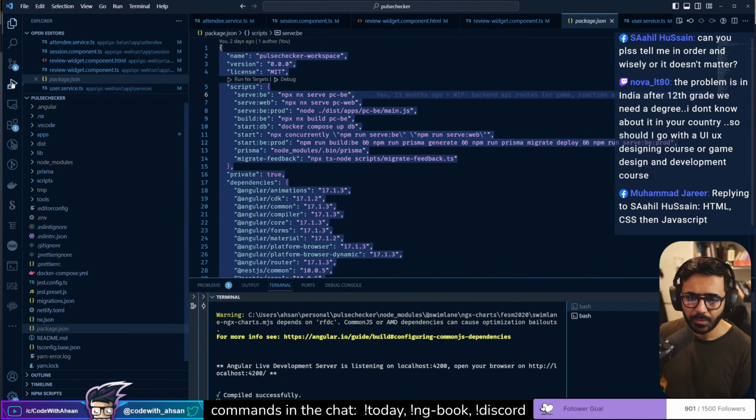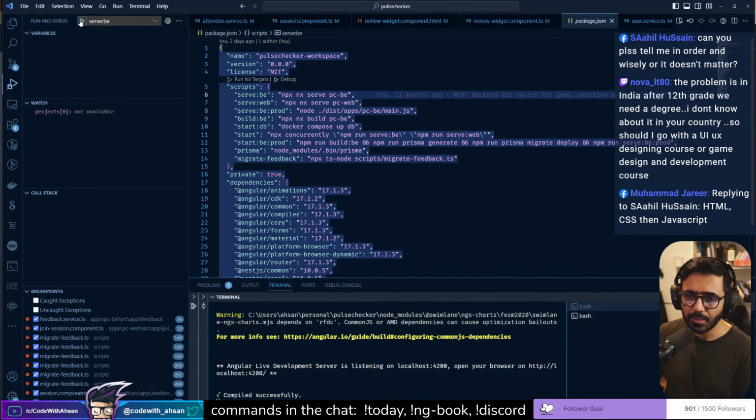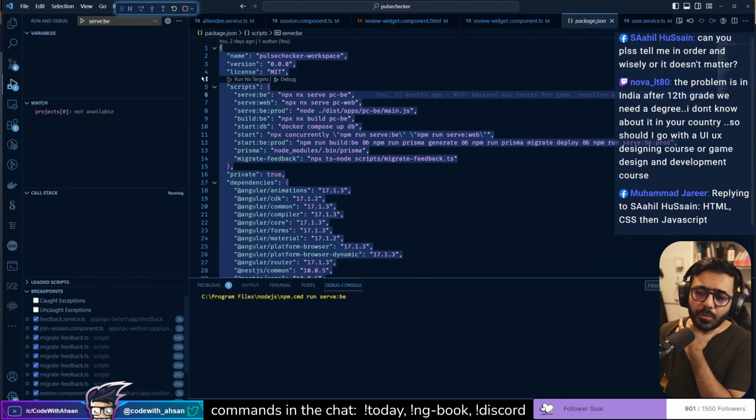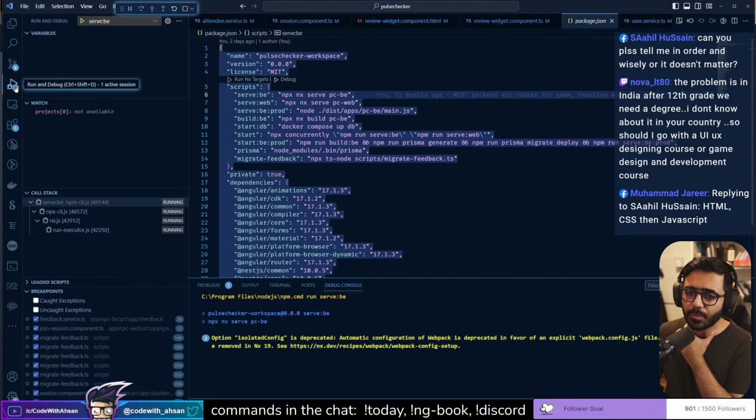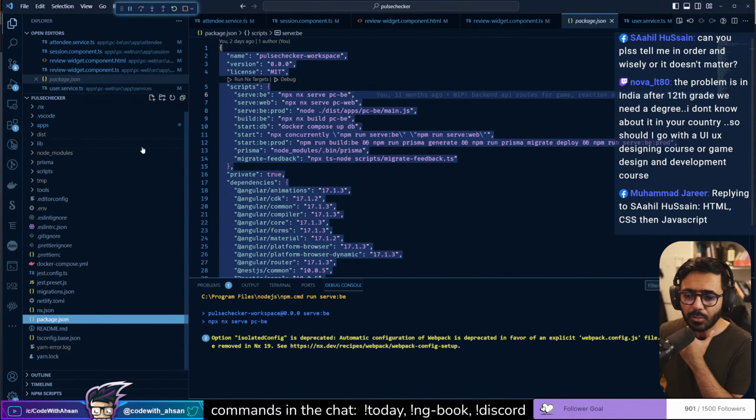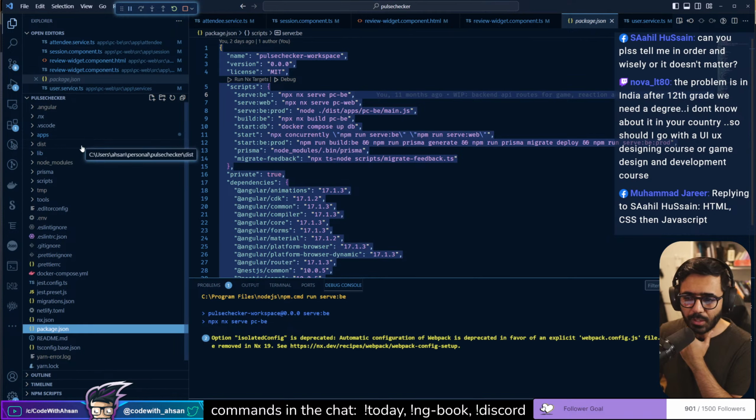What was I going to do? I was trying to debug and serve the backend, so I can debug that. Let's debug it. And for those of you who don't know, if you're working with Node.js as a backend, and even I think other platforms as well, you can actually run and debug from this menu. This really helps identifying a lot of things. So I'm going to try to see